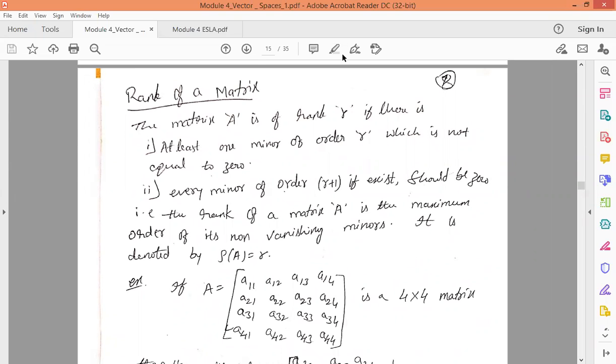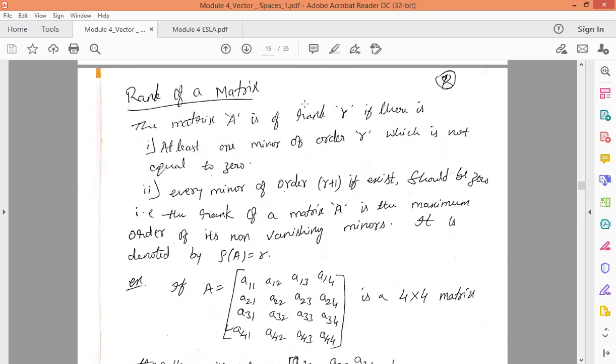Before moving to that row reduced form, let us first go with the definition of the rank of a matrix. Whenever you are given a matrix, we may ask you to calculate its rank. The rank of a matrix is nothing but, listen carefully, the maximum number of linearly independent vectors in a matrix, which is equal to the number of non-zero rows in the row echelon matrix. I'll explain what a row echelon matrix is, and then we'll take some problems and see how to find the rank of a matrix.